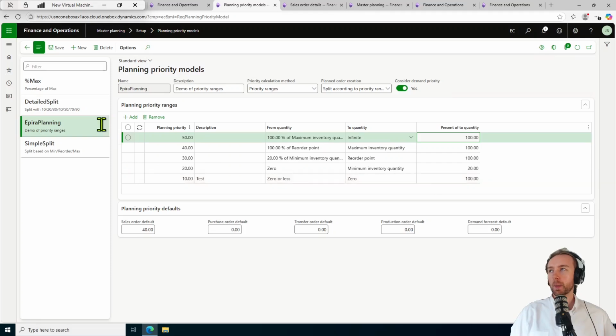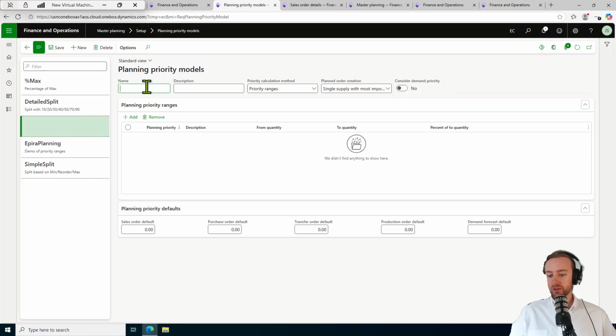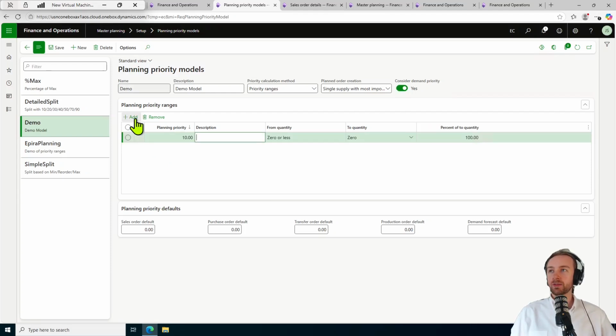Okay. But what does it look like when we actually create this? So let's try this. Let's type in demo. We're using priority ranges, single supply with most important. We can turn on consider demand just for fun. And then as I select add, the system's automatically going to take me through those different ranges. Okay. So for example,